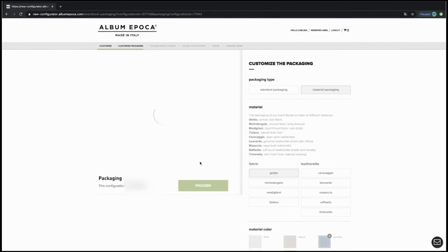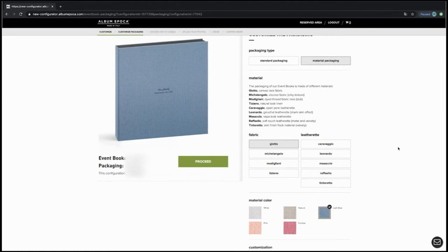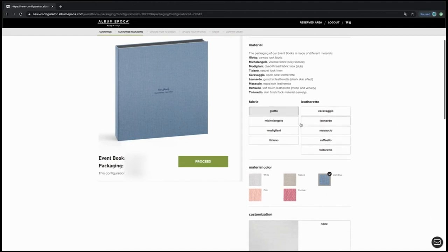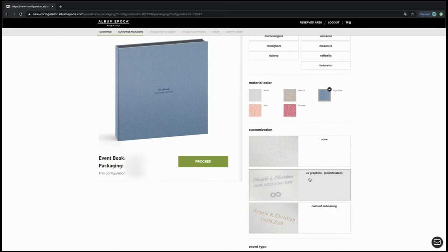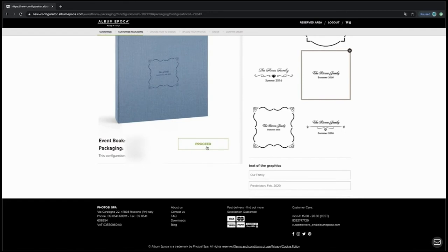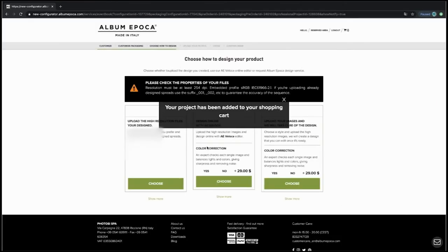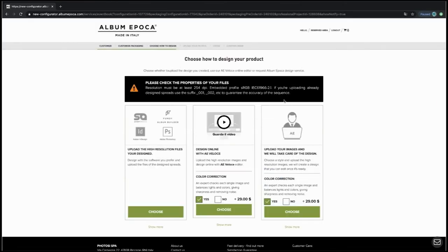So there's different packaging you can also use for the books here. With my business, I always go with the material packaging. It is a nice, durable way to package the book, and it has a really nice professional look to it. And I'm going to go with the same material, the Giotto blue. UV graphics, the same as well. Family, same text, and proceed. All right, and that has been added to my shopping cart. So now I'm going to look at